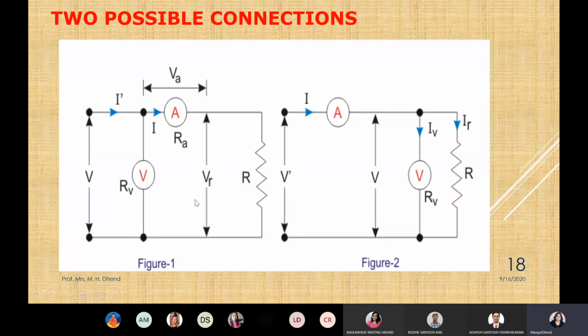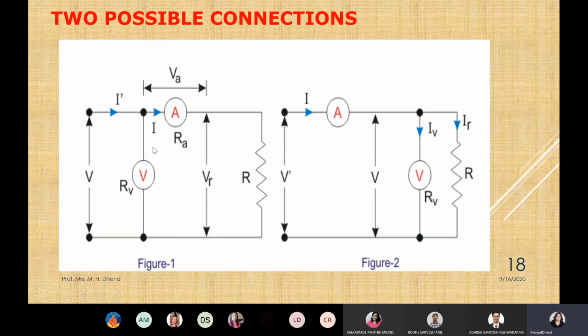In the other connection, you are measuring the current passing through the resistor. Here the ammeter is in the vicinity of the resistance, and in the first one the voltmeter is in the vicinity of the resistor. Here the ammeter will measure the exact current passing through the resistor because the same current I is passed through the ammeter and the resistor. So this error will be eliminated in this circuit, figure 1.